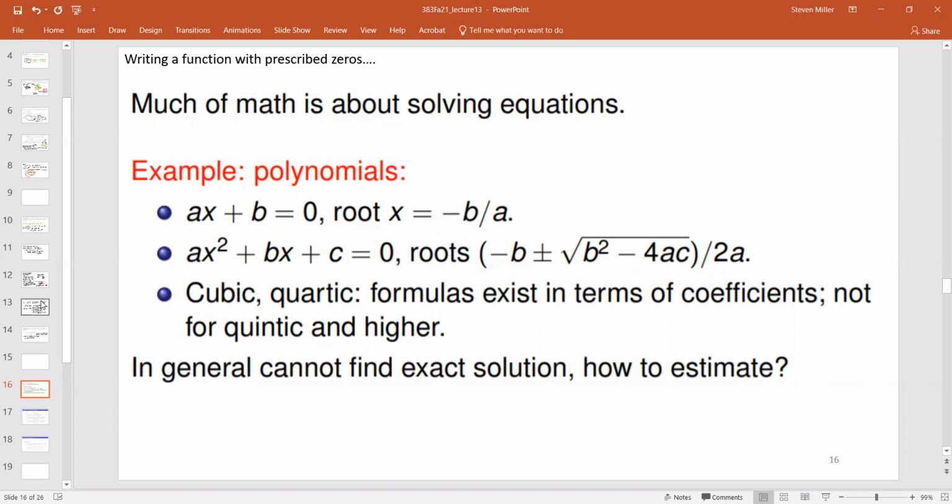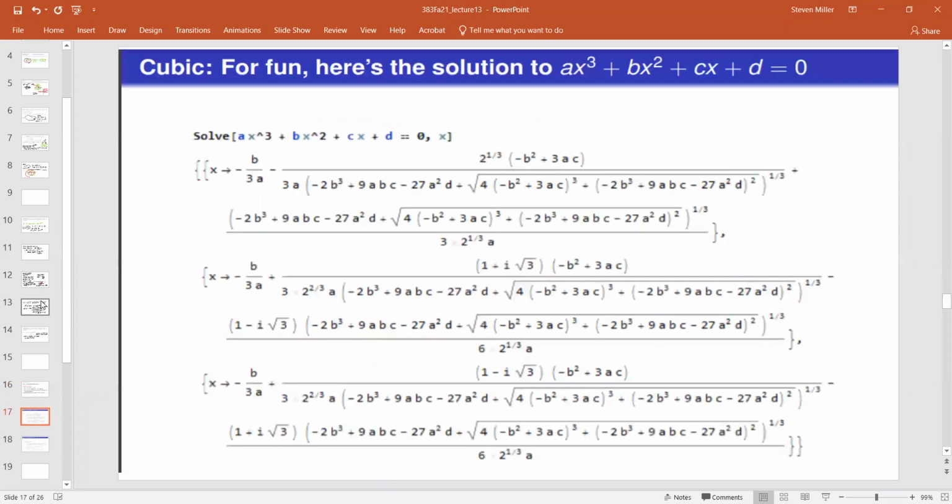We can do cubic and quartic, but there is no closed form solution for the quintic and higher, depending just on roots and the coefficients of the polynomials. Now, there is a well-defined set of roots. A polynomial of degree n has n roots. That doesn't mean we can write them down. And just for the cubic, here are the 3 solutions for the cubic, ax cubed plus etc.